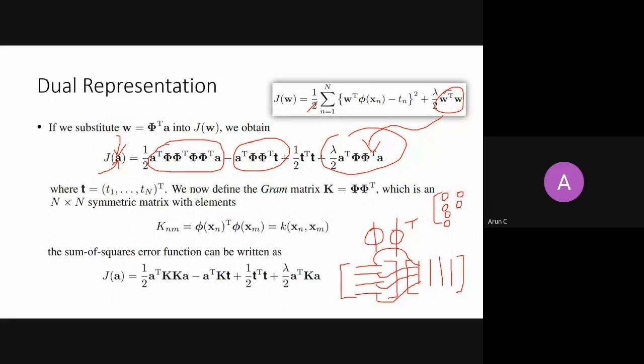And each entry is nothing but a dot product with somebody. So if the entry I am writing is NM, right? So my NM is nothing but the dot product of my sample N with the mth sample, right? And because it's a scalar product, I say it is a linear kernel function here. So I'm representing this dot product as a kernel function. So each entry of this K matrix, which I'm saying is a gram matrix, is nothing but showing the dot product between every possible combination in the data set, right?